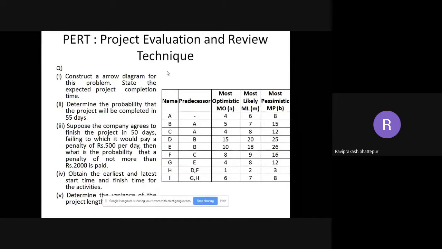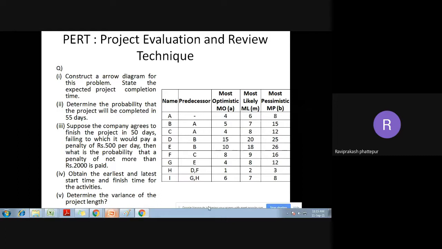Third one, suppose the company agrees to finish the project in 50 days, failing to which it would pay a penalty of rupees 500 per day,